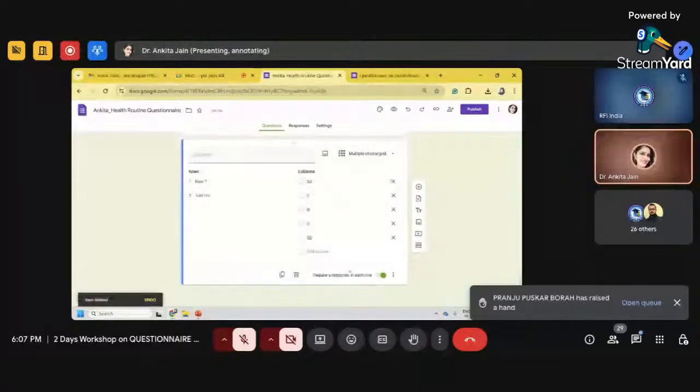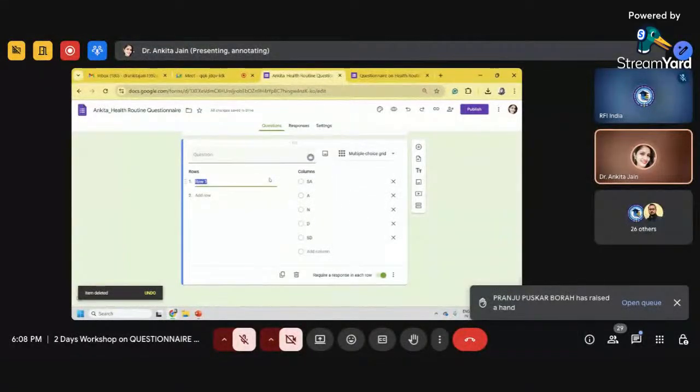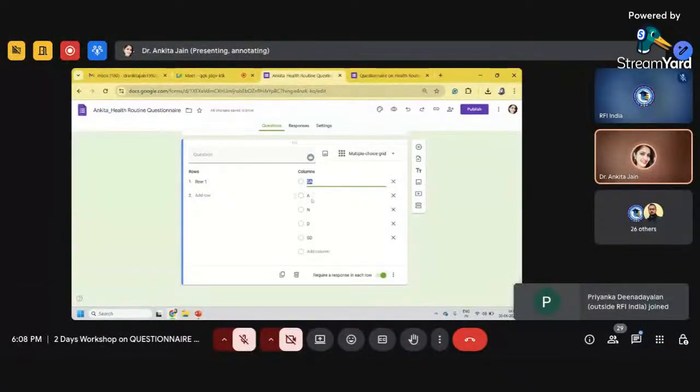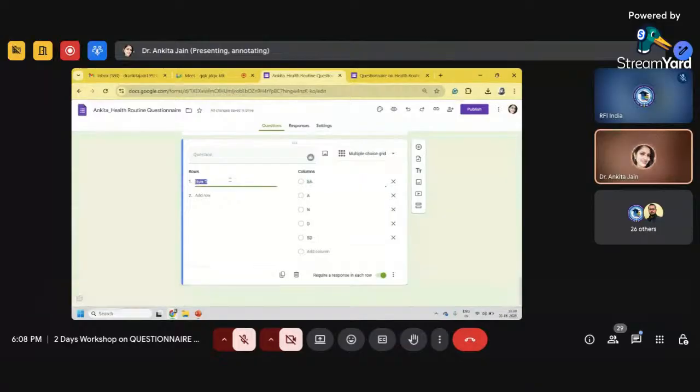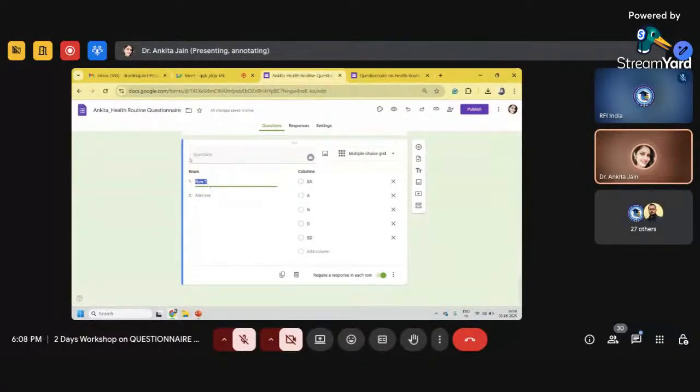Now I'm coming to the same, where I have chosen the multiple choice grid, and there are some rows and some columns. So in the columns, you can say strongly agree, neutral, disagree, and strongly disagree. I have used 5 options, and I have question A, B, C, D, E. For example, 30 questions are there. You don't need to add 1, 2, 3, 4. Automatically, it is using 1, 2, 3, 4. Okay. So now I am having a question related to your health or something like that. For example, it is related to your routine,